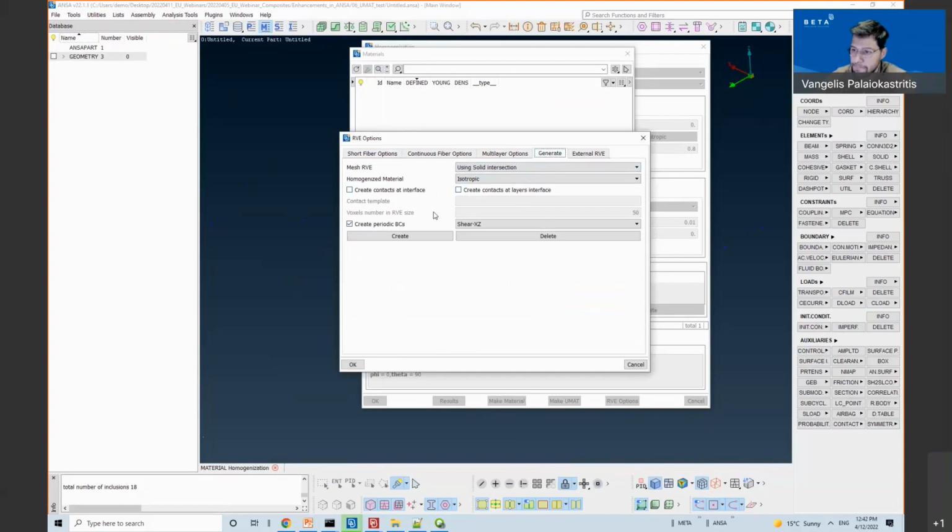And I can also create periodic boundary conditions and the step, so it can be ready to run for Abaqus.